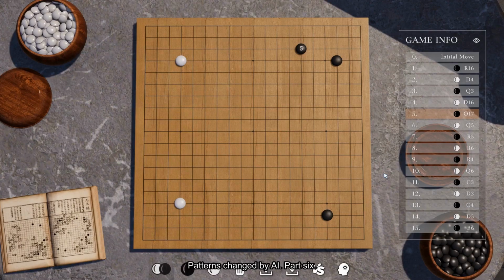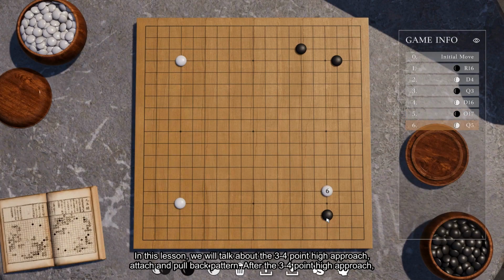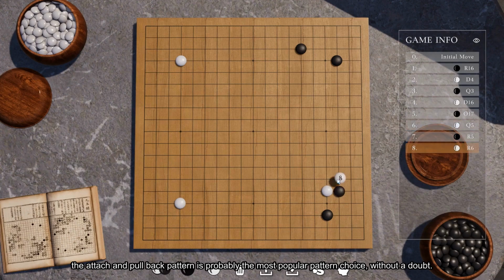Patterns Changed by AI Part 6. In this lesson, we will talk about the 3 to 4-point high approach, attach, and pull back pattern. After the 3 to 4-point high approach, the attach and pull back pattern is probably the most popular pattern choice,